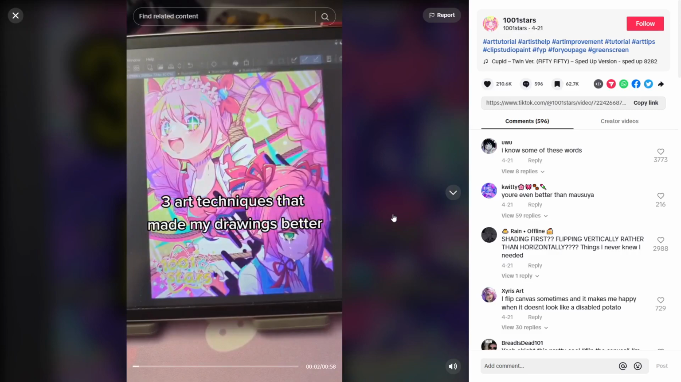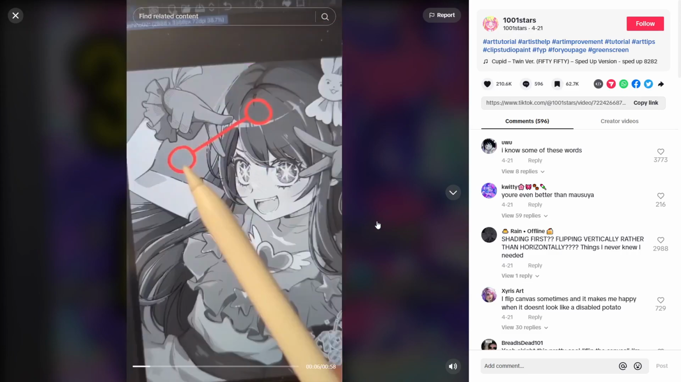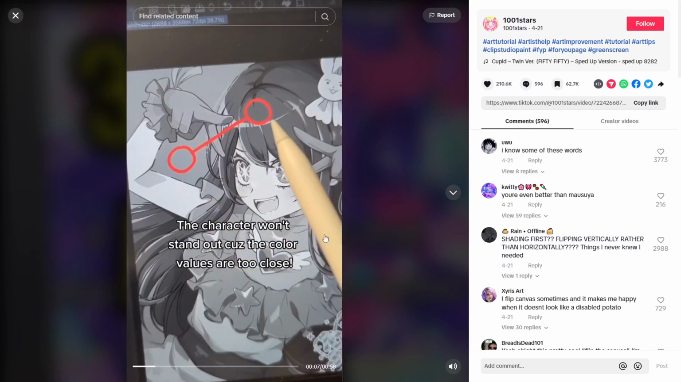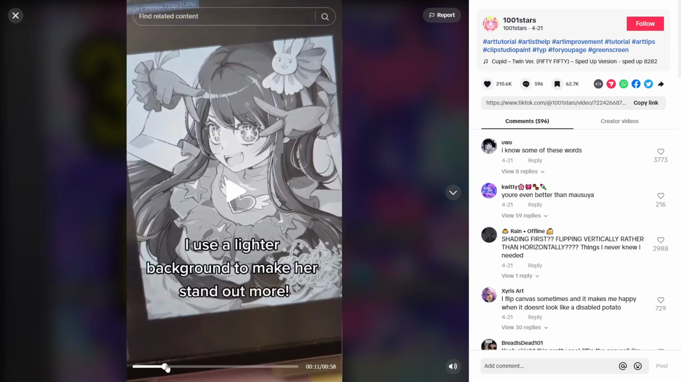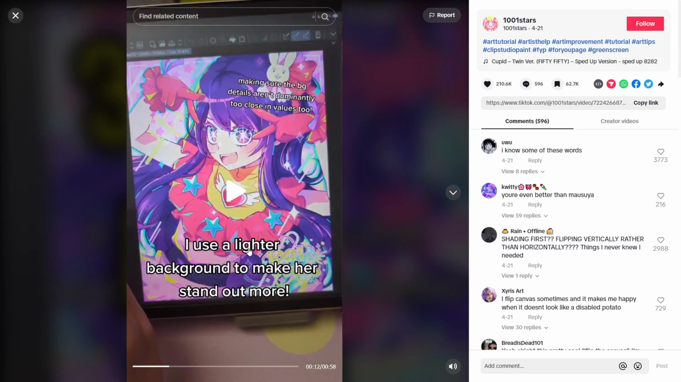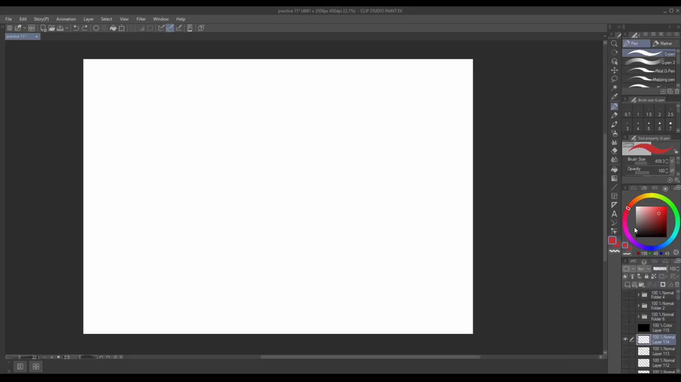3 art techniques that made my drawings better. Tip 1, monotone filter to see the values, okay? Okay, like this, I do see what they're trying to talk about. Okay, so let me test this out. So I'm not huge into painting, I'm more of a drawing kind of guy, but I can